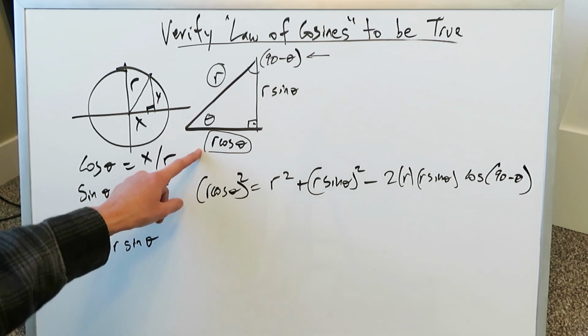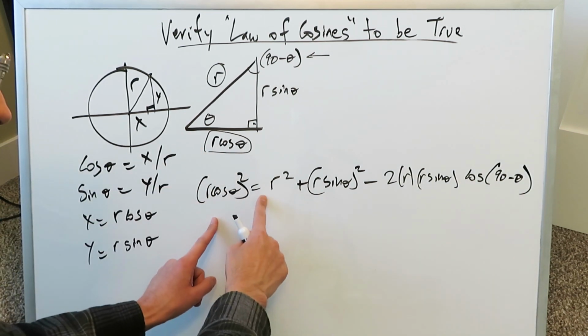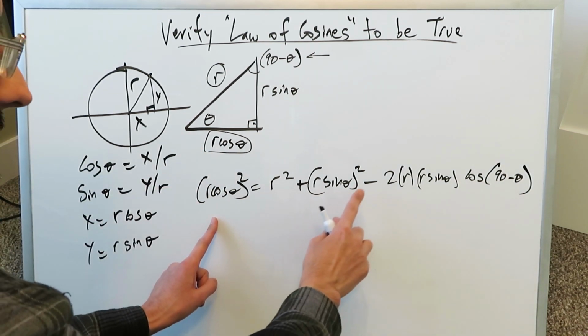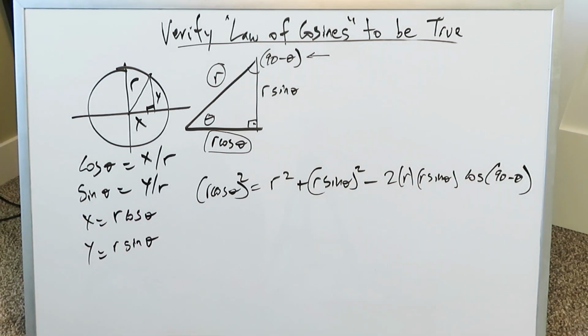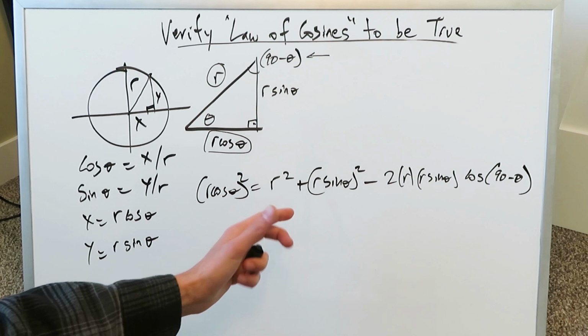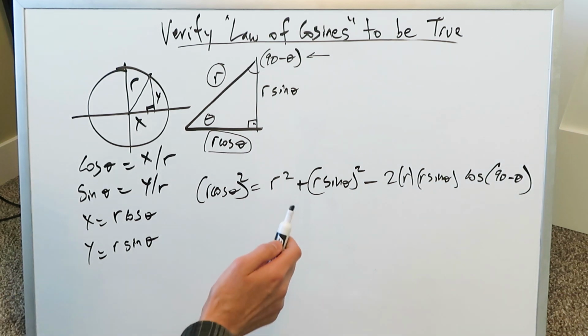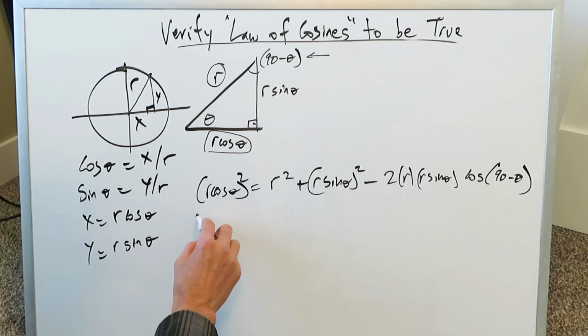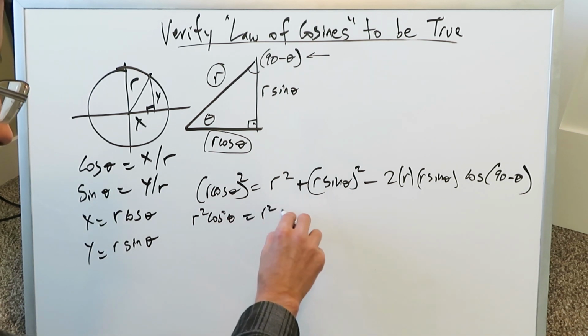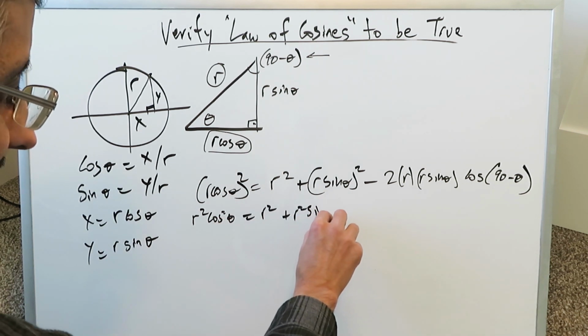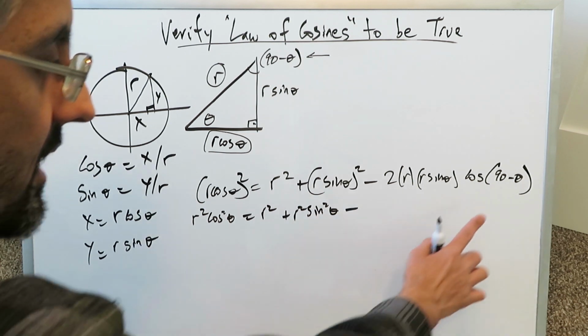If this right here is a, I'm looking at a squared is equal to c squared plus b squared minus 2cb cosine a. And it's good. This right here is the law of cosines, except we have expressions falling into it in terms of our variables. Open everything up over here. You have r squared cosine squared theta is equal to r squared plus r squared sine squared theta minus cosine